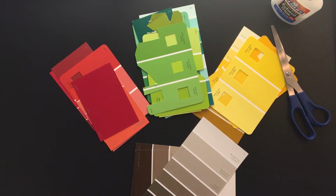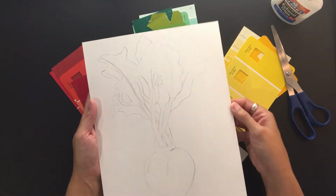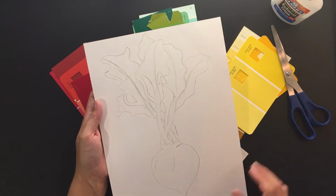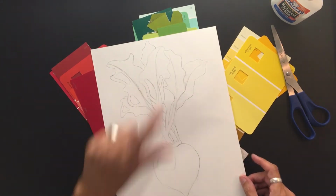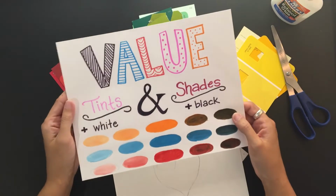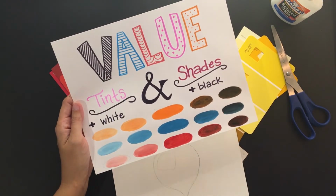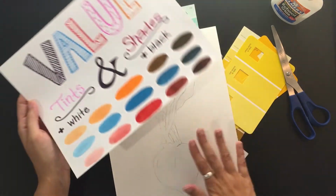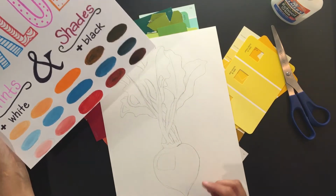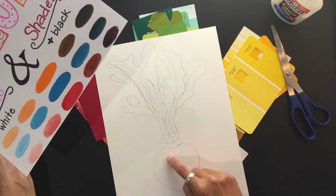I'll be doing a beet for my design, and I've lightly drawn it onto a nice thick piece of paper, and I have outlined places where there are lighter values or highlights. That's important when doing a mosaic, that you consider your tints and shades, your lighter colors and your darker colors, because that's what really will make your overall mosaic interesting, make it look more three-dimensional and more realistic. And in these areas, I'll make sure that if this is a dark red, this is a lighter value